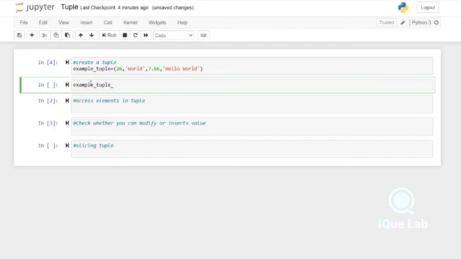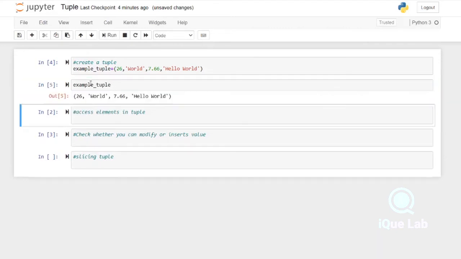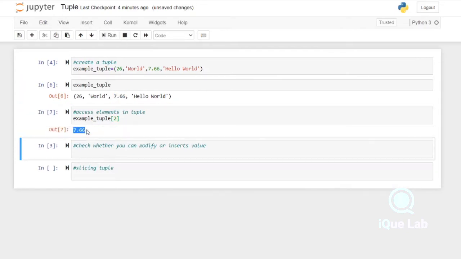So the output is printed with our given elements. Now let's see the different operations that can be made in tuple. As seen from the list, we can access elements from a tuple using index values. Here we are going to access the element from index 2. We know that the element present at this index is 7.66. So just run the program and you can see the same output.